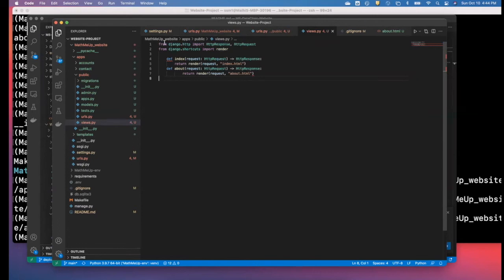So basically what we are doing, we are going to import some shortcuts, and also the HTTP request and HTTP response. These are some shortcuts we're going to use. Here I'm defining the two functions, and these two functions